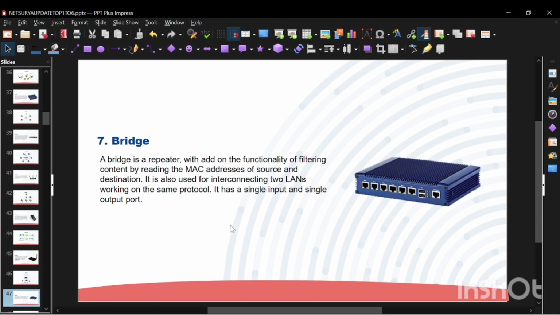Now what is a bridge? Suppose a bridge in a city connects two neighborhoods separated by a river. Without the bridge, people in those neighborhoods can't easily visit each other. But with the bridge, they can cross the river and communicate or travel back and forth seamlessly, right? In networking, a bridge works similarly. It connects two separate network segments, so devices on both sides can communicate as if they were on the same